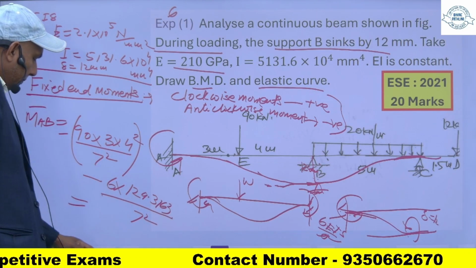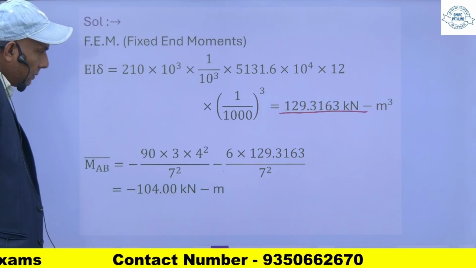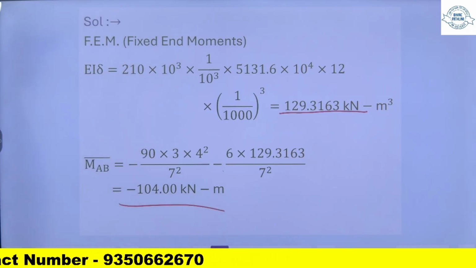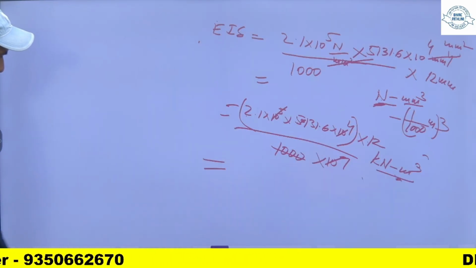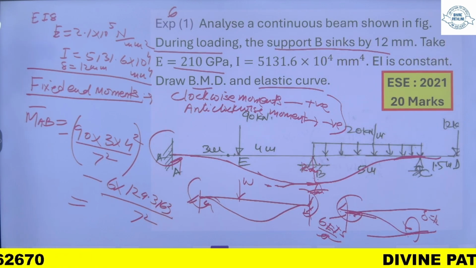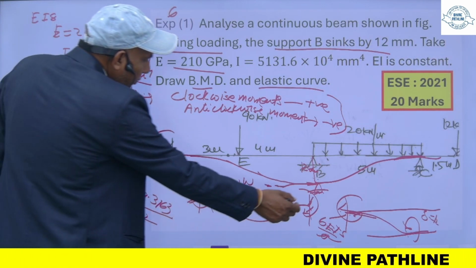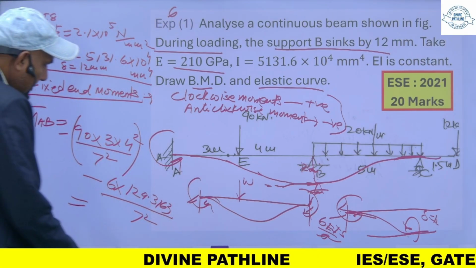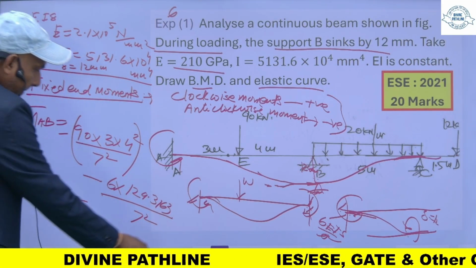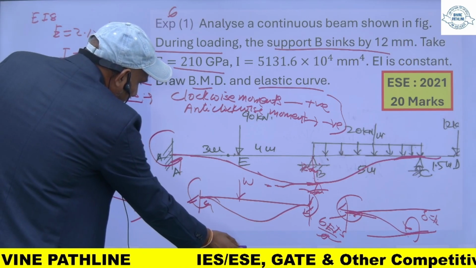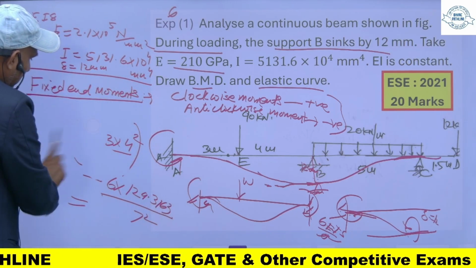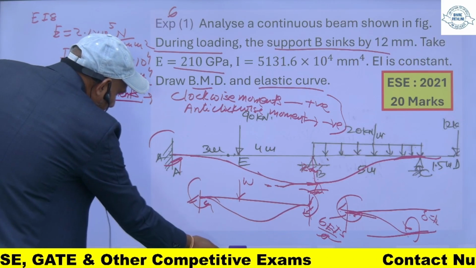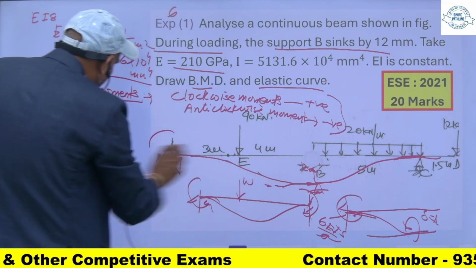So this will be, you will get minus 104.00 kilonewton meter. And for fixed end moment, this MBA will be,